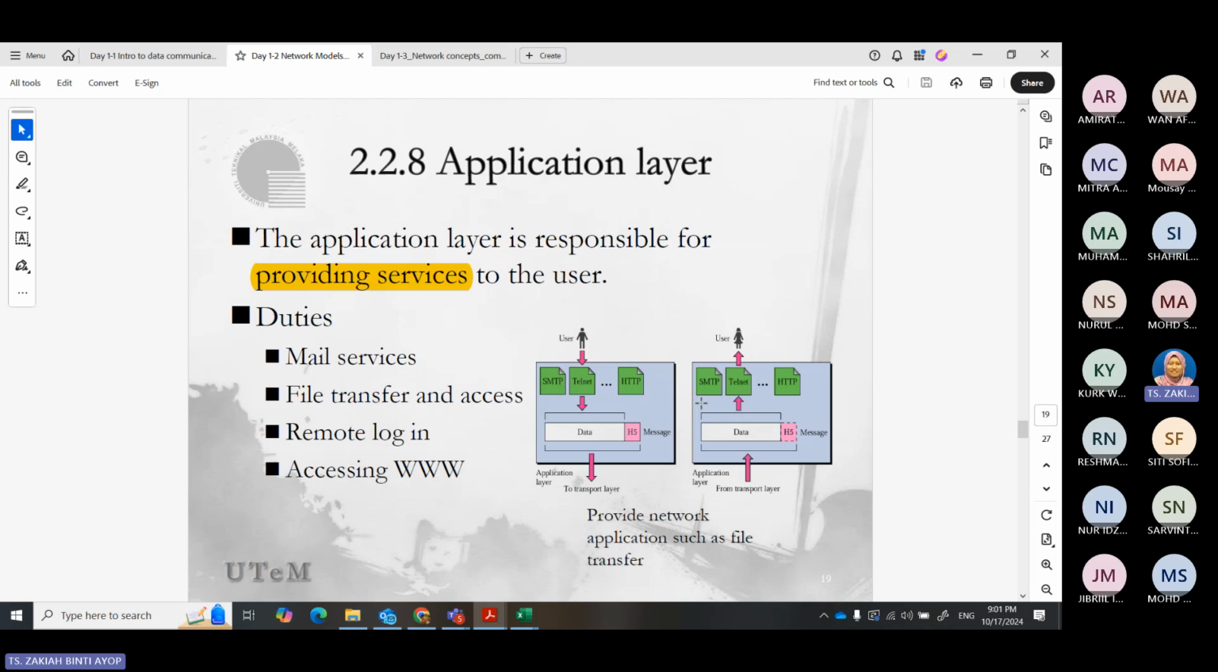SMTP for mail. And then for file transfer, we use FTP. For accessing the www, we need to use HTTP, which means any application that supports HTTP, just like that. So we provide network applications like this. And then